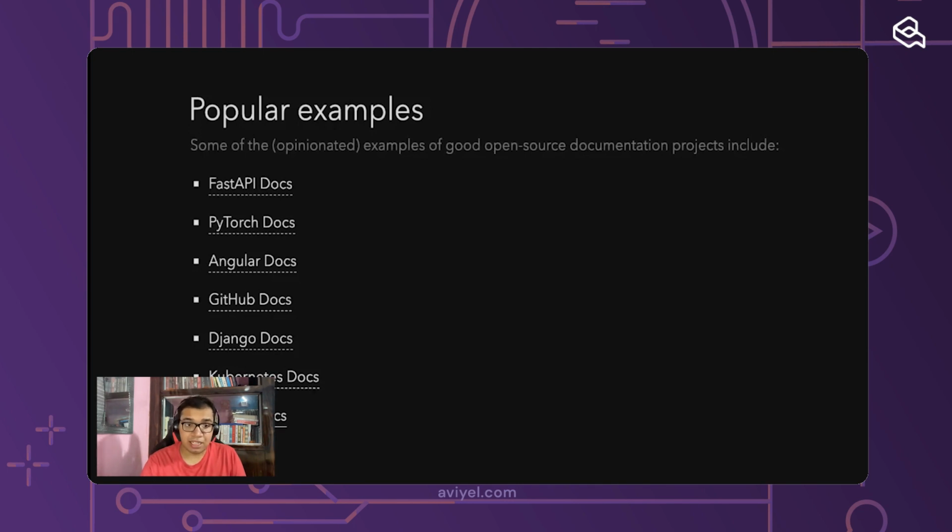Most of these documentation sites are open source. I cannot think of any of these sites that are closed source, because FastAPI, PyTorch, Angular, all of these are open source right here. So you can check them out. You can check out their open source repositories and see how they're managing things. And you can see that there is a huge community out there that is throwing their weight behind developing this